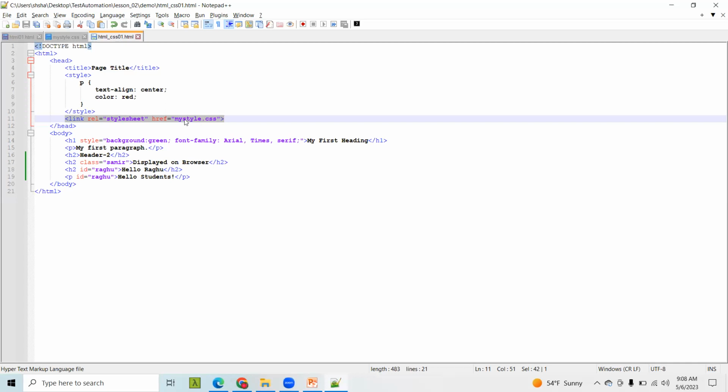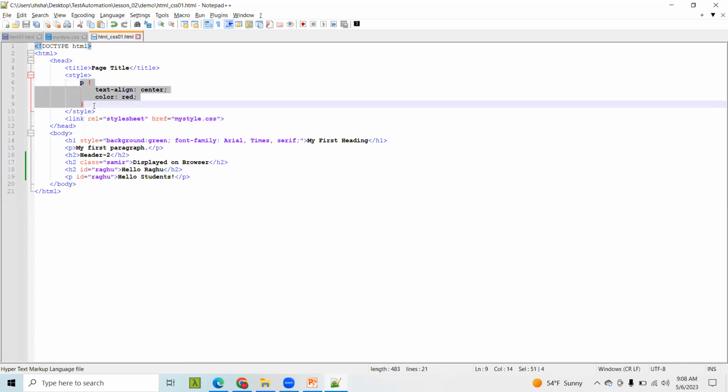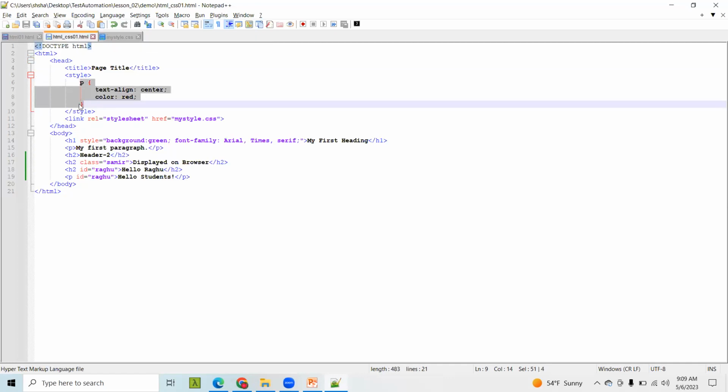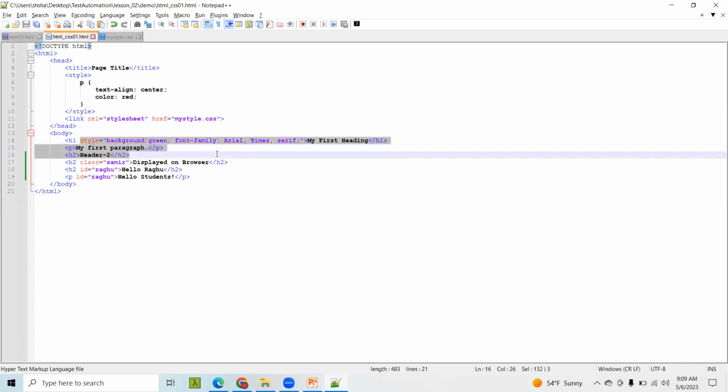And if we don't want to create any different page or style sheet, we can always select in the same page, and that will be an internal or inline element. This is internal. If you put it within the style, it is internal. So if you copy the whole content from here and put it inside the styles, it is internal. If you go and add it to a specific element like this, element by element, that is inline. The problem with element by element is